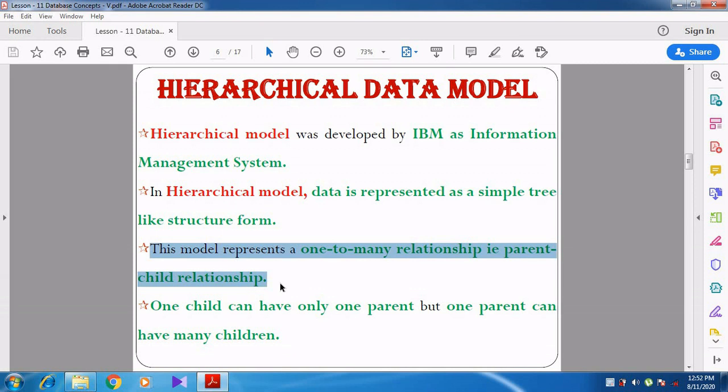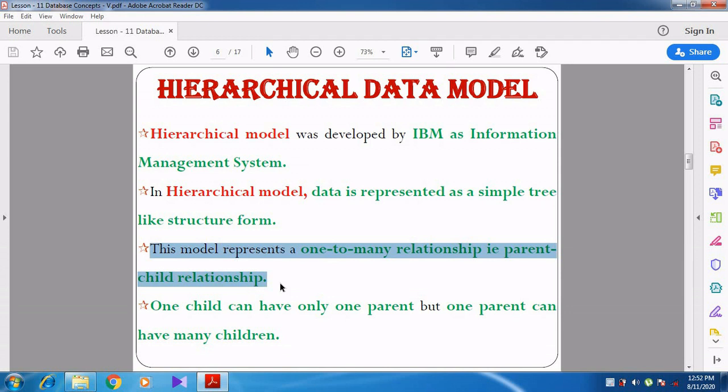When we call it a tree, whenever the root comes out, many branches come out of that root, then the branches go to sub branches, and it goes on in a wider and bigger manner. That is called a tree.